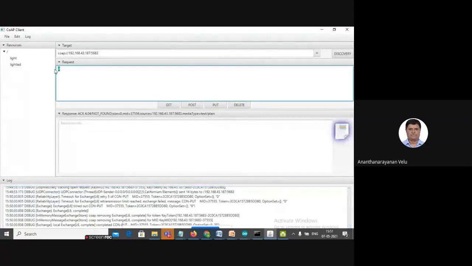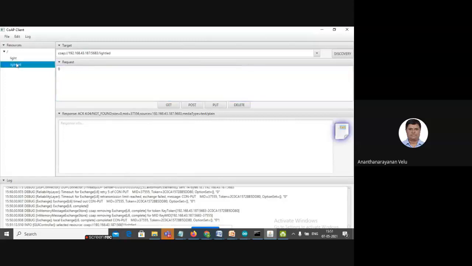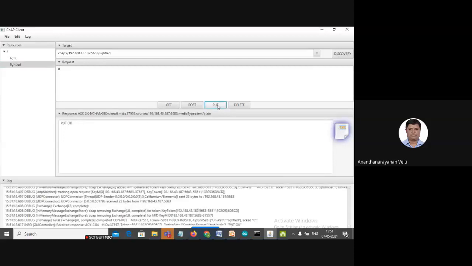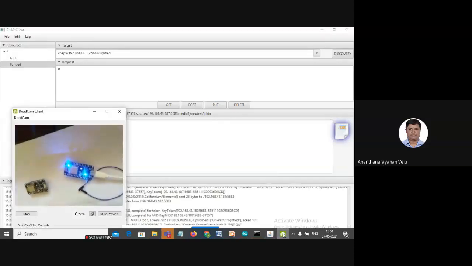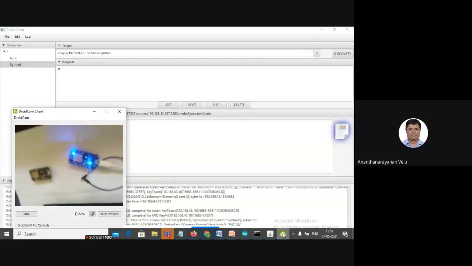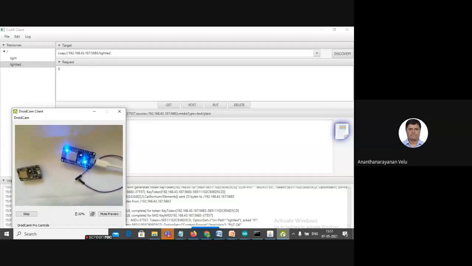You will be able to pass information also. For example, if you select the light LED and pass the payload 0, the LED should be switched on. I will show you that. The LED gets switched on in the NodeMCU, because light and light LED are the two onboard LEDs available in your NodeMCU.